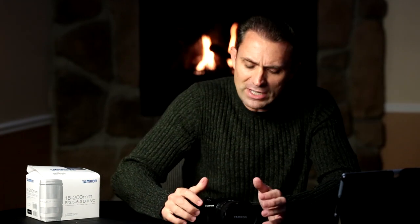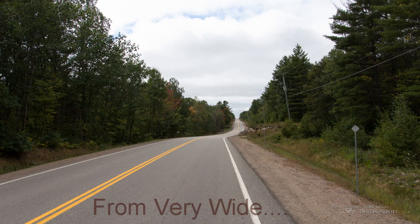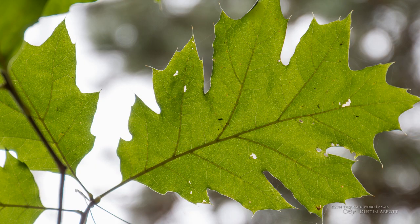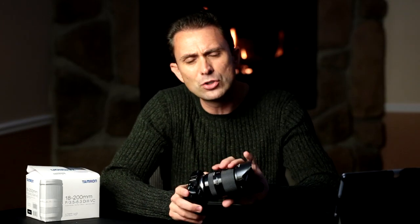Looking at a few of the things that this lens excels at, obviously its focal range is fantastic, and Tamron has done a good job. Every time you have a lens that goes from wide angle to telephoto, there are obviously some optical compromises that have to be made to achieve that great zoom range. But I found with this entire series of new all-in-one zooms that Tamron has produced that they have done a great job of balancing the image quality and managed to mitigate a lot of the inherent shortcomings that come with that broad zoom range. I would say that the image quality is closer to the 28-300,